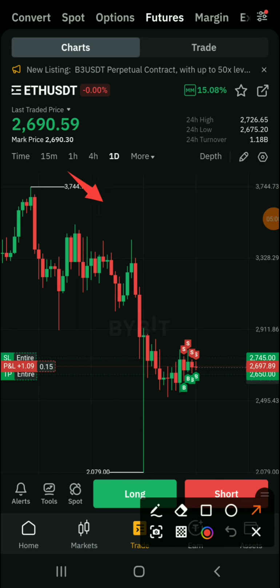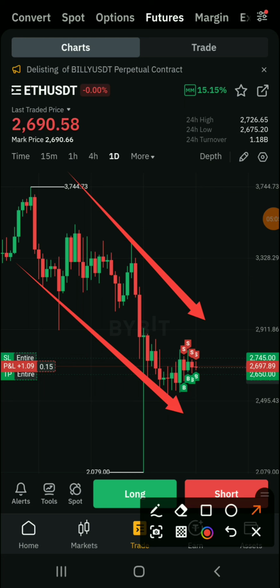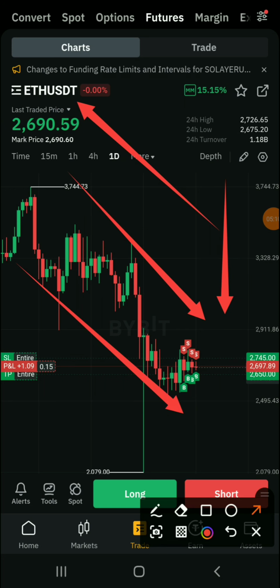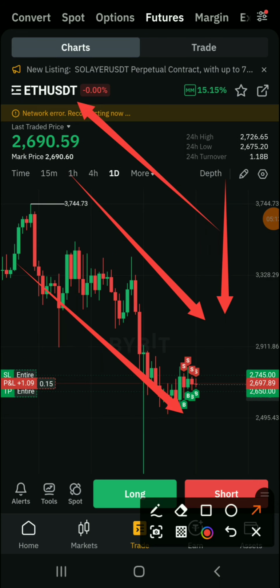The market direction is going down, right? It's on a bearish direction. It means that Ethereum USDT is going down based on the daily time frame. So each day that is passing by, Ethereum keeps depreciating, going down. But if you are finding it difficult to distinguish whether the market is going down or up, all